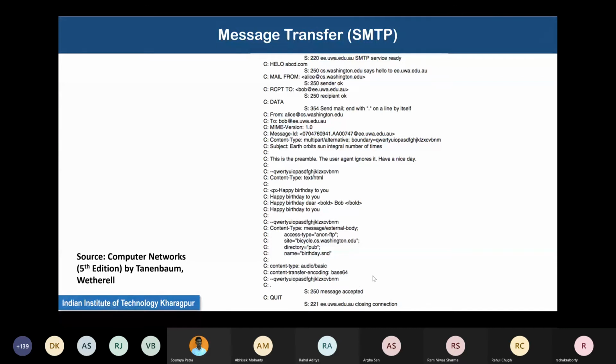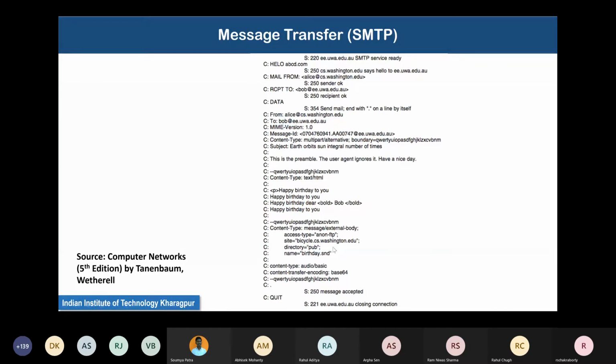We do not need to get into the details of this because this is not a course on web technology. But essentially, if this message is successfully transferred by SMTP to the remote mail server and the receiving user agent retrieves this email into his local computer and opens it using his client, first he will find this text, the happy birthday wish, with the proper HTML formatting displayed, and then some music will play corresponding to this birthday.snd file.